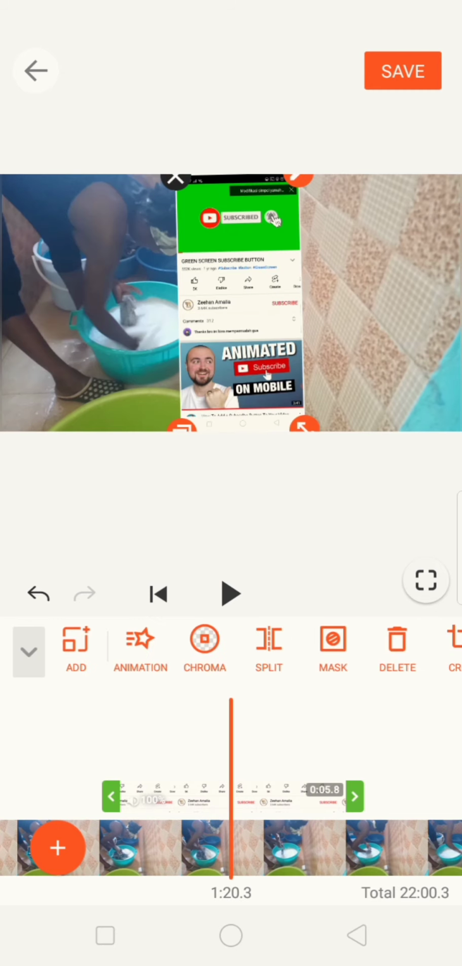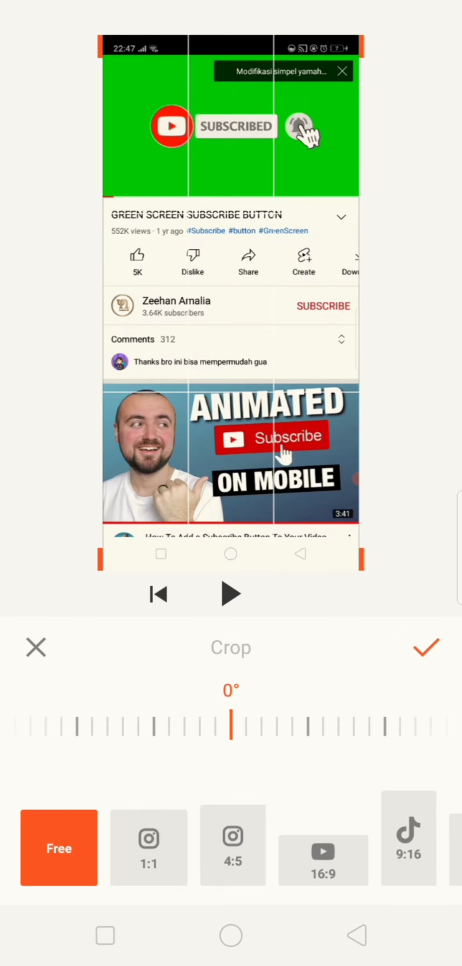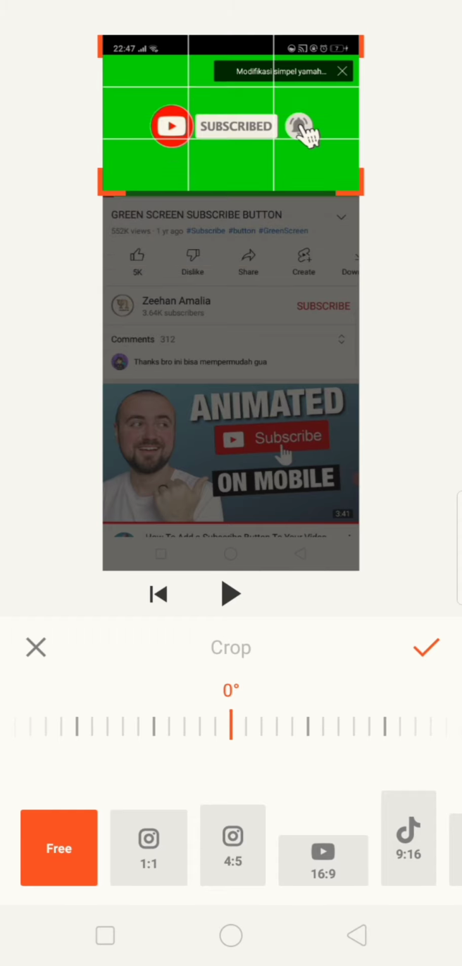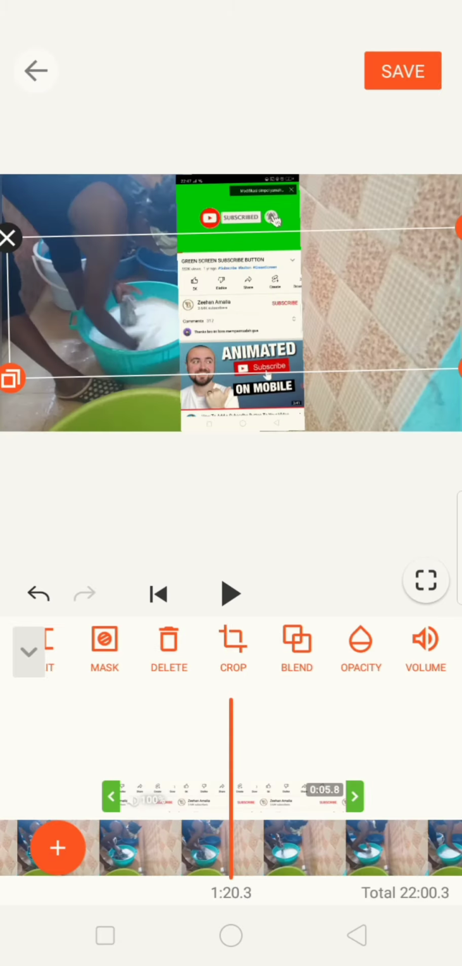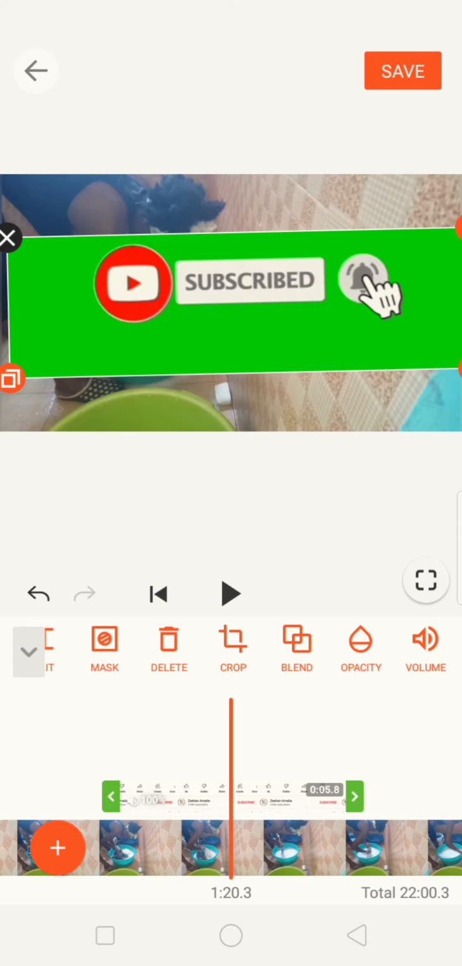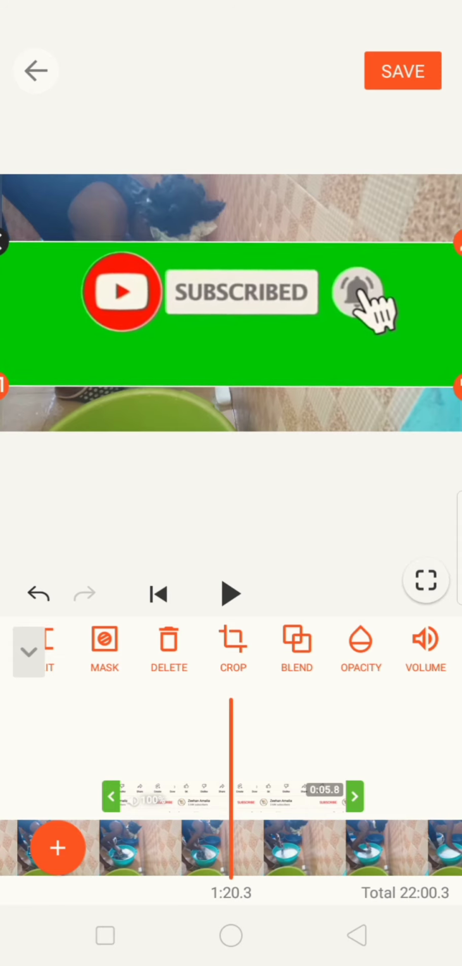So I'm going to search for a crop, then I start cropping until where I want it to be. So I want it to be like that, so I crop it like that. Yes, then on your editor,